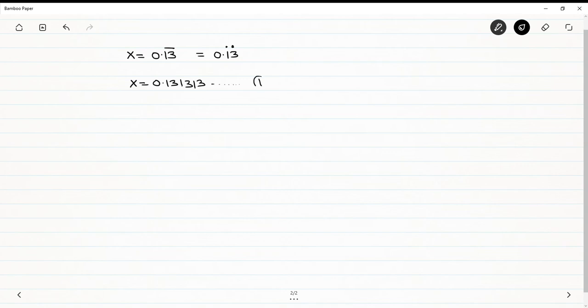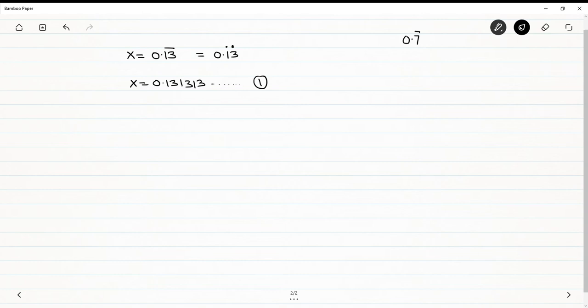So that's my equation number 1. Same logic as we did in the previous case. You can see after decimal there are two repeating digits. But remember, it is immediately after decimal. In the previous case also, when we were doing 0.7 bar, the previous example that we just did, you can notice the repeating number is immediately after the decimal. Same is here. The repeating number 13 is immediately after the decimal.